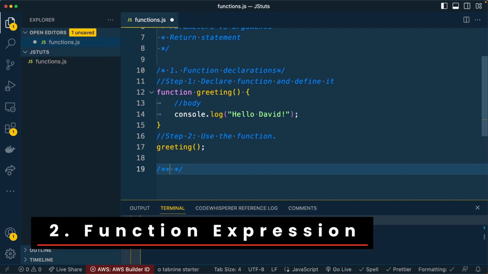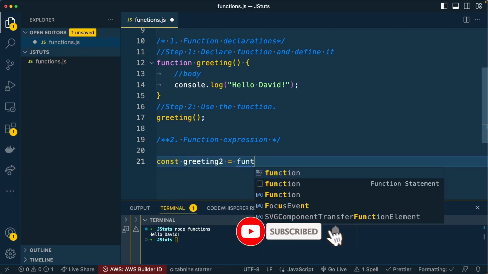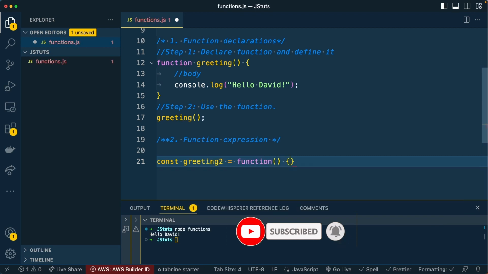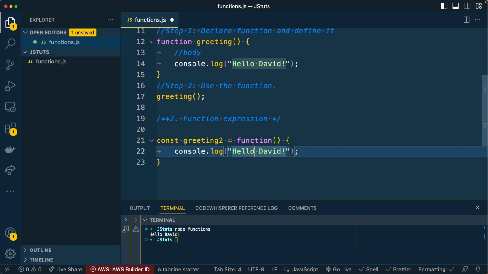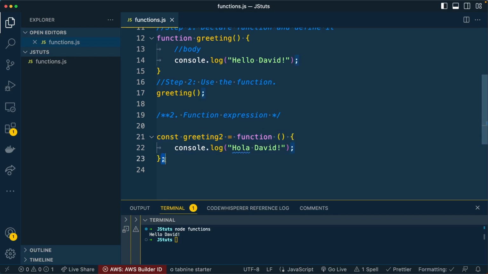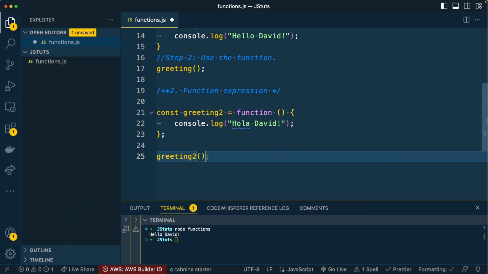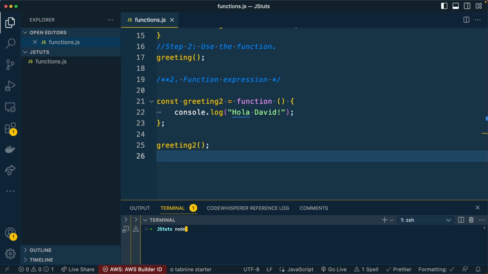So the other syntax is function expression. To create a function, you create a variable and we assign it the keyword function. And we put parentheses here. For this one, we are going to say "Hola David." And you can see that for it, JavaScript has added this semicolon. Because this is a function expression, it's like you are assigning a value to a variable. To use this function, go ahead and invoke it by writing the function name followed by the pair of parentheses or circle brackets. If I go to the console, I would write node function, and you can see